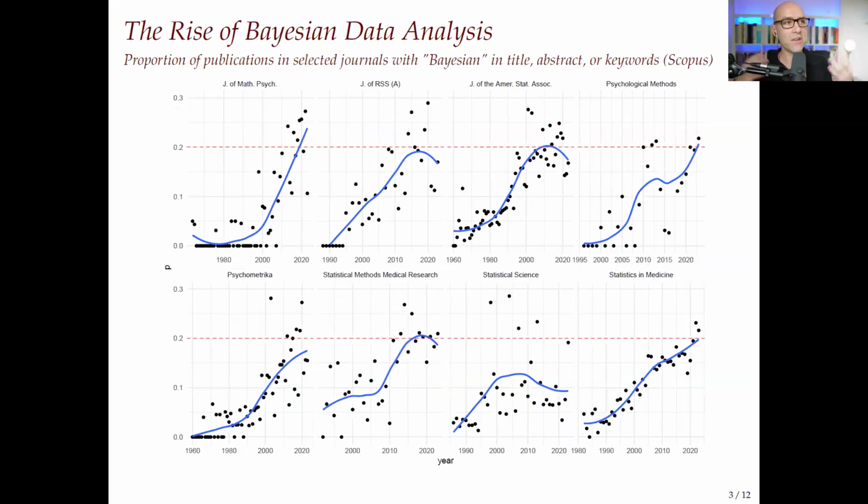Now, obviously, there are hundreds or thousands of possible journals I could look at. I just wanted a small number of journals that are on statistical methods. So I've got, for example, the Journal of the American Statistical Association, Statistical Science, the Journal of the Royal Statistical Society, and then some in the field of psychology, just because I'm more familiar with those, and then some in medicine as well. So all of these are statistics journals, on statistical methodology in general, or for some specific fields.